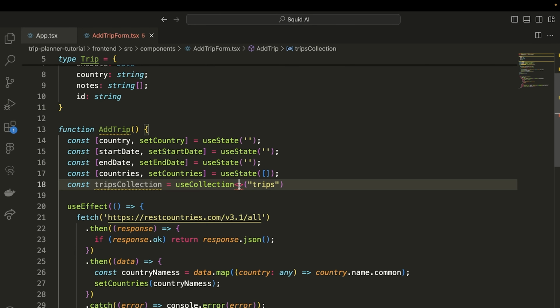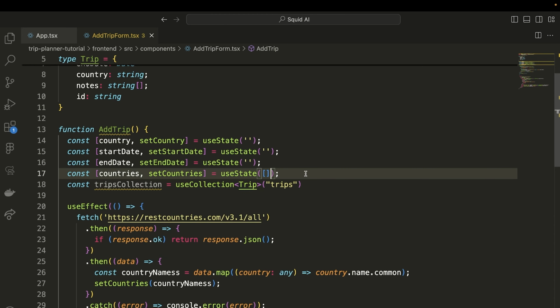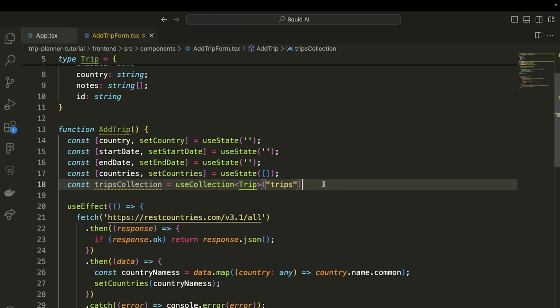And then what I can do is specify that here. Now what I'm doing is saying, okay, I want to use this collection from Squid. What we defined there in our Squid Cloud console, the name within the database is trips, but each trip looks like this type. This way, when I start interacting with the collection, I have the auto completion and I actually know what